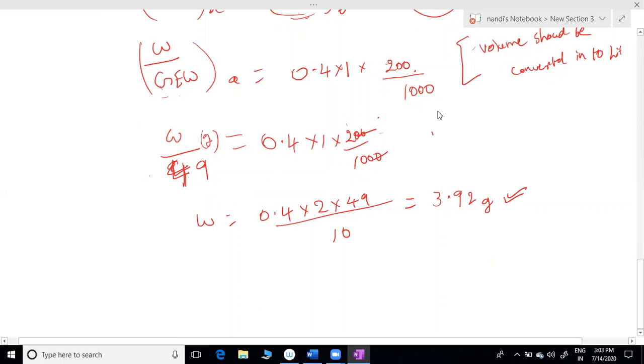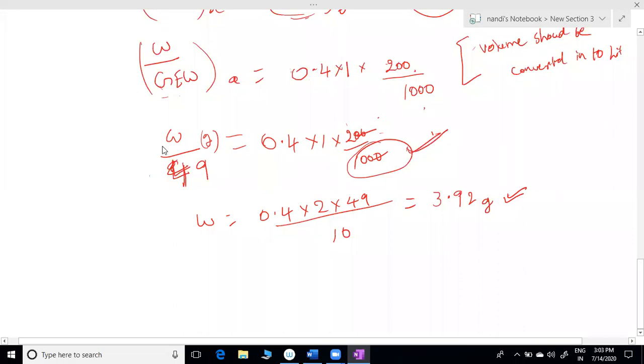For one liter only, you don't want to convert. The 1000 I'm using is for 1 liter only. You don't want to convert 10 liters or 20 liters per liter, just divide by 1000 only. Otherwise, you can simply solve without using it, and then finally divide by 1000. That will also give milligrams.